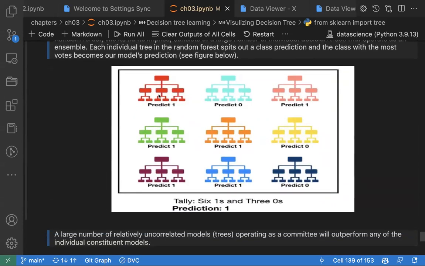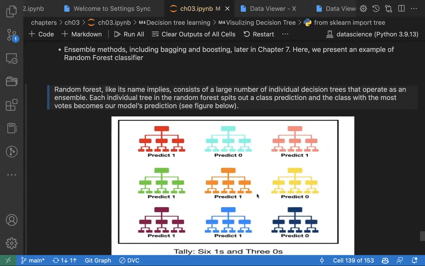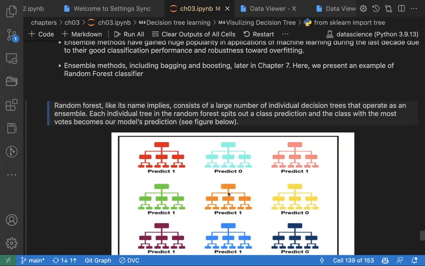You have multiple predictions. So you can see here I have 1, 2, 3, 4, 5, 6, 7, 8, 9 trees. You make each tree make a prediction, and you take the majority vote. You can see this one says the prediction is 1, 1, 1, 1, this one says 1, 1. So 6 say the prediction is 1, but only 2 say the prediction is 0. So you can take the majority vote, and just say the prediction is 1. This is the idea of what we call an ensemble, and we'll discuss more about it